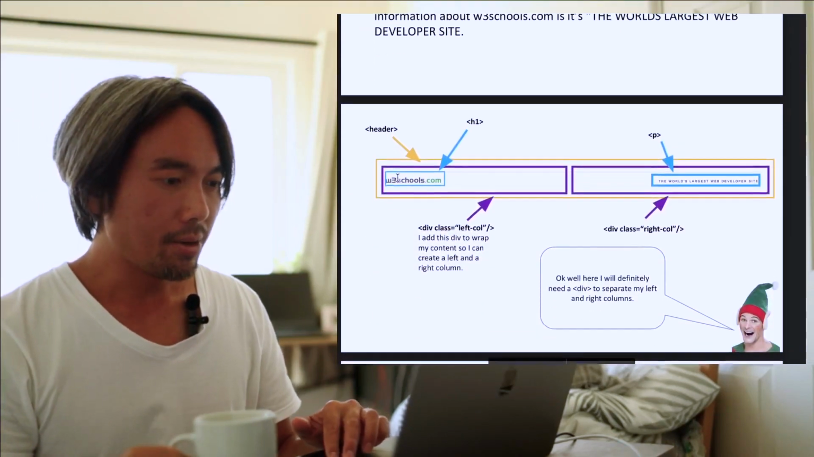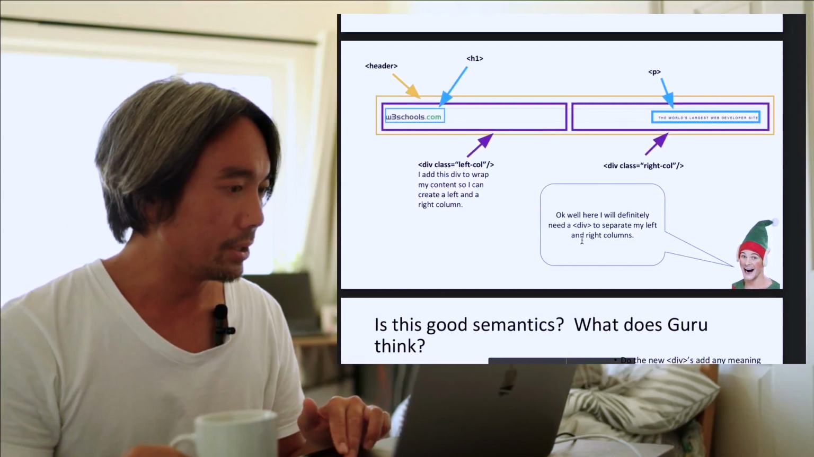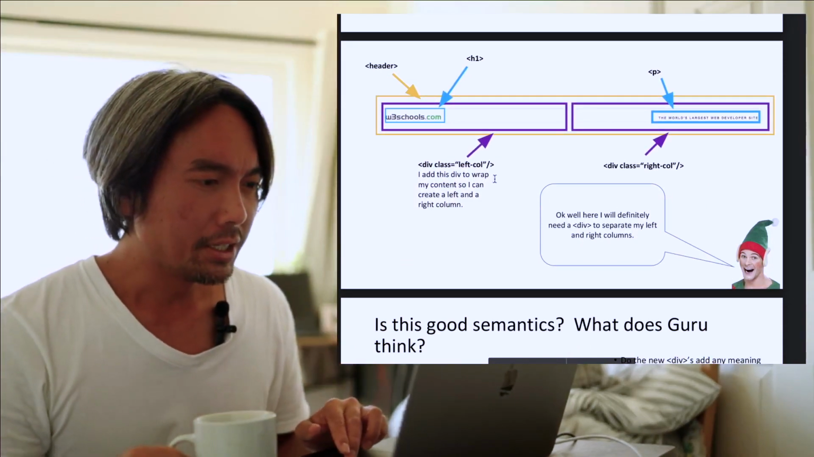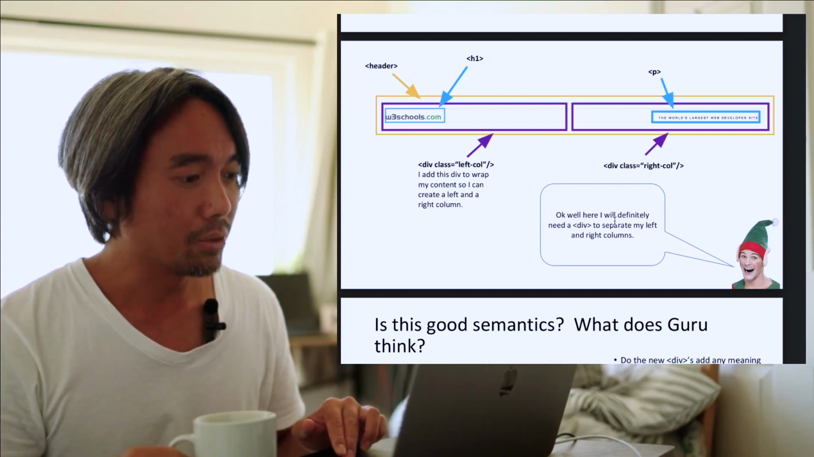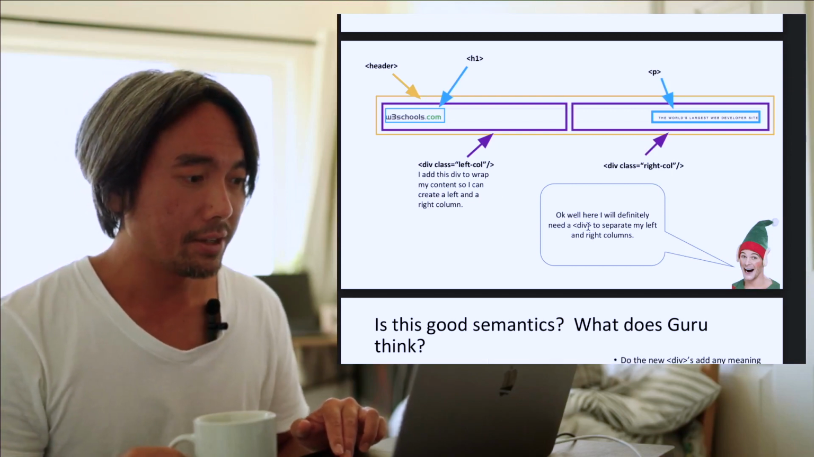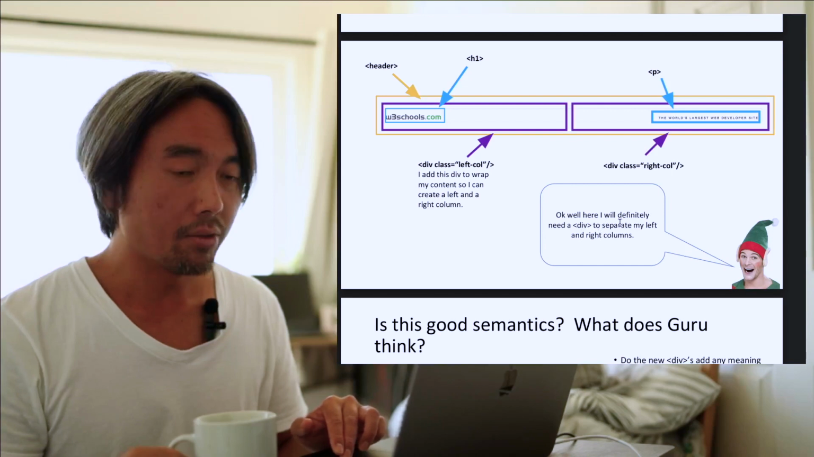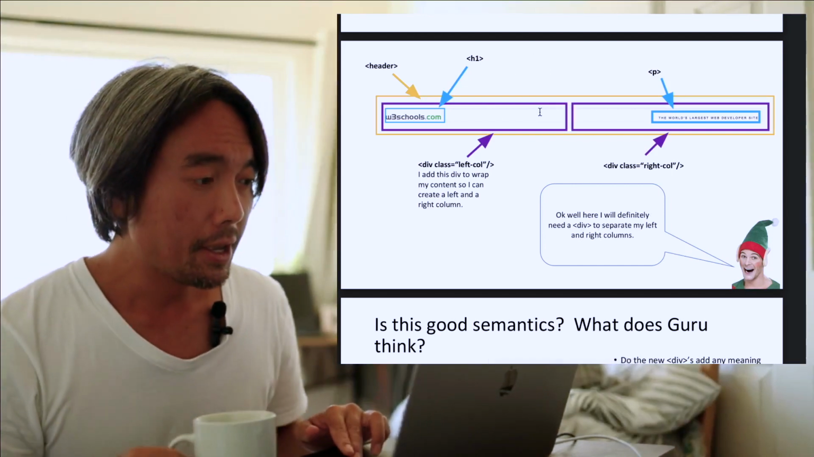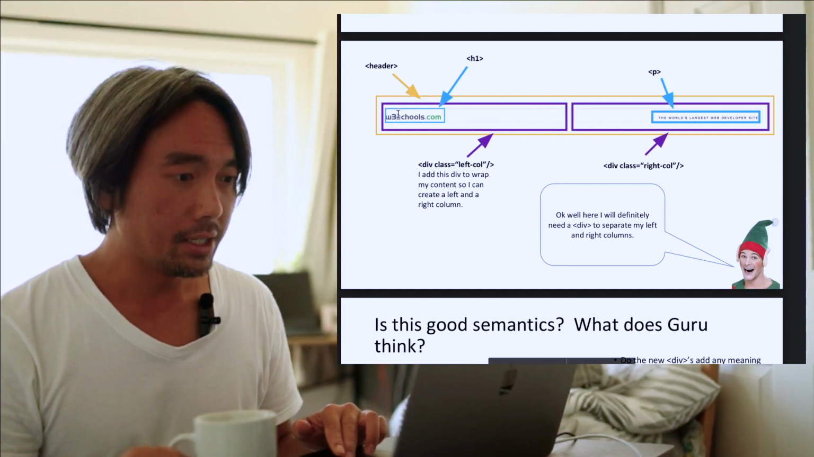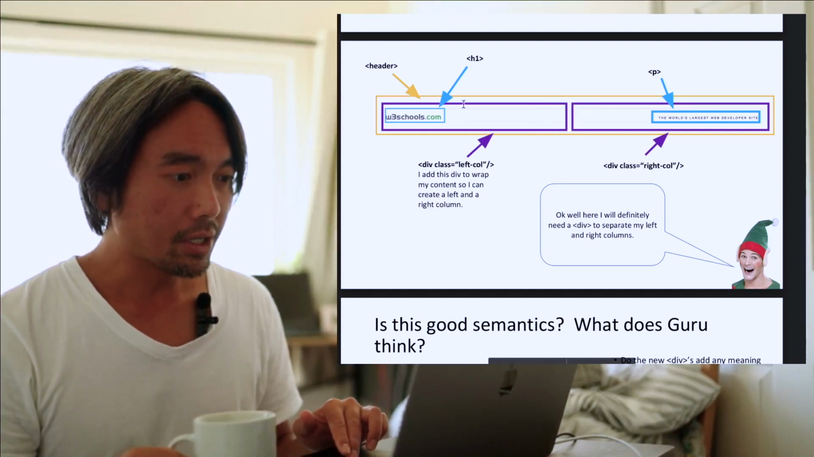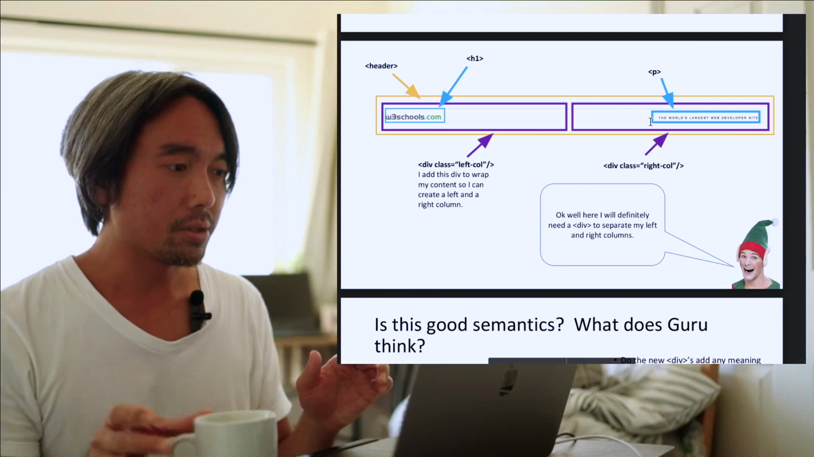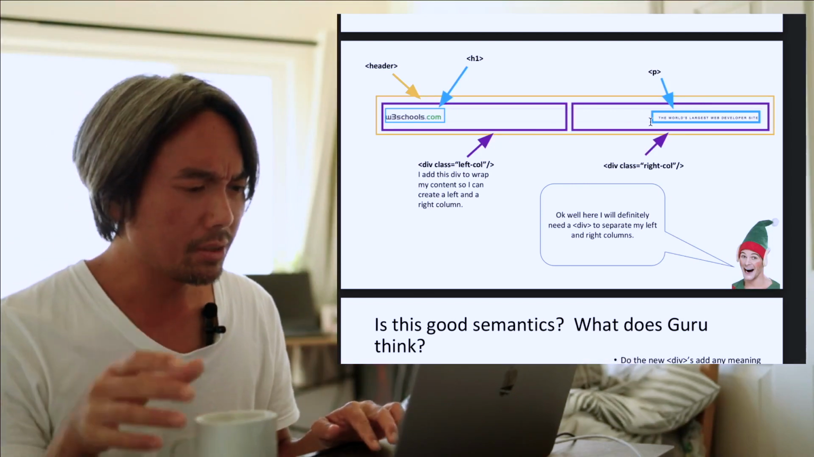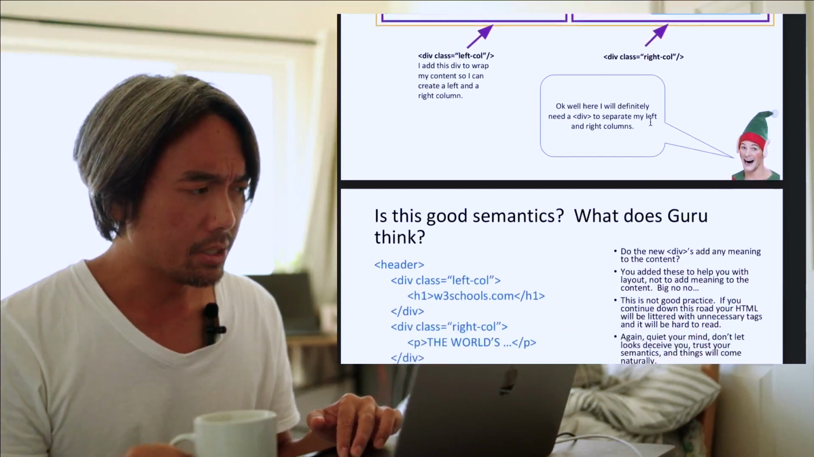Okay, so again, the student comes back being a little bit smart, trying to challenge his teacher here. He says, okay, well, here I will definitely need a div tag to separate my left and right column. So he's looking at it from a visual perspective again, and he's saying that definitely I need a left column wrapper and a right column wrapper so I can separate this design into 2 columns. So let's see what